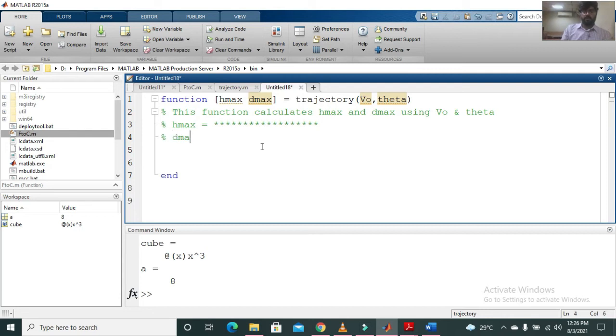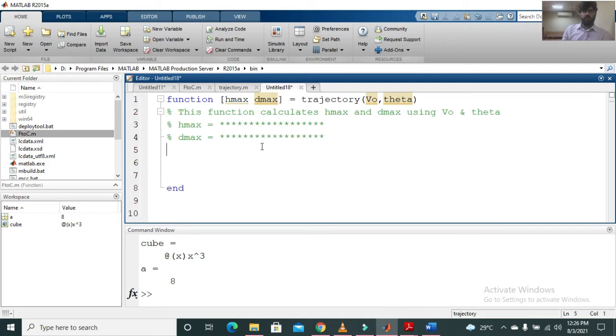Then define d max, whatever you want to write, and then again define v naught, whatever you want to mention, then theta, again whatever you want to mention. If you want to mention the units, you can mention them over here.